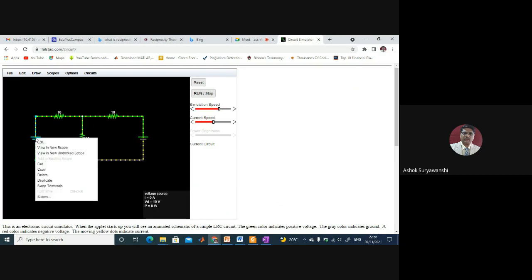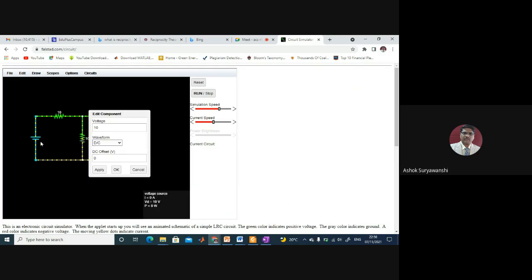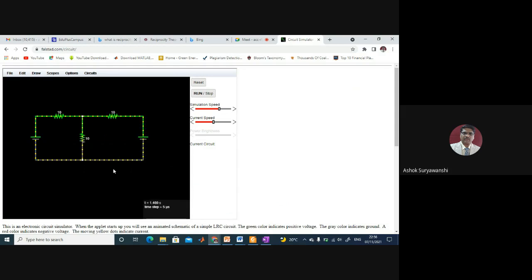So here, this value is 10 volt, that is okay. Apply. 10 volt, this is 10 ohm. Just I'm checking once again. Apply, okay. Apply, okay. Now we want the current through 10 ohm resistor.